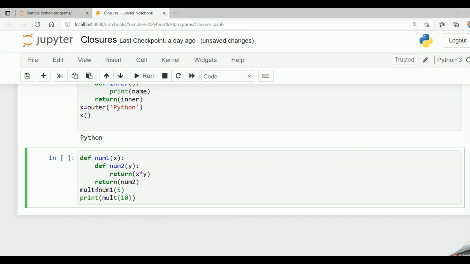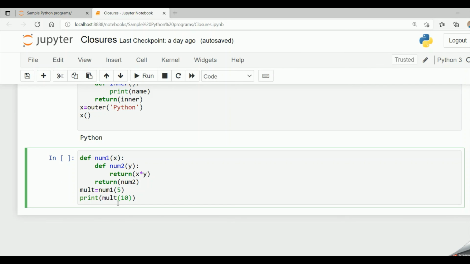So mult will have the reference to the inner function, that is num2. And now I am calling mult of 10. Mult is nothing but num2. Num2 of 10 is nothing but y is having the value equal to 10. Then I am performing x into y. So x into y is 5 into 10 which is 50 and it prints 50 on the console.